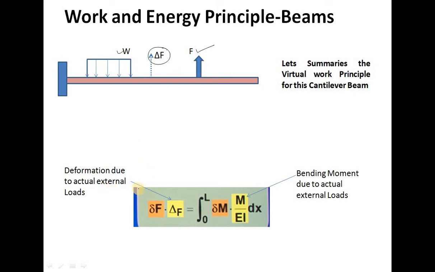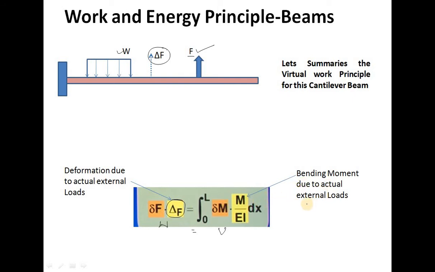and I want to find what is the deformation at any point on the beam, I will use the previous equation which I have arrived at, and this is the total work done, and that should be equal to the total strain energy. So now here this delta F is the deformation, or I can say deflection in the beam, because of the applied external loads. So this is the deflection in the beam which we need to find,